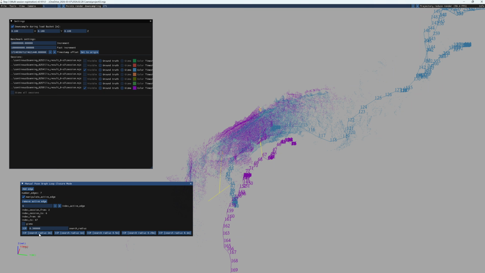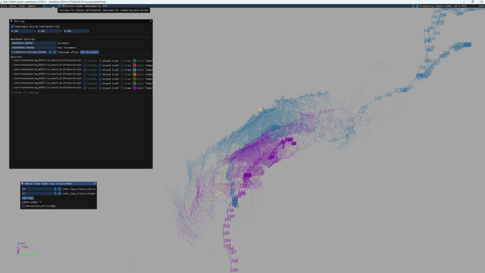So now we can use 50 centimeters, then 25 centimeters. Maybe again 50 centimeters, 25 centimeters. Okay, 10 centimeters. And you can see now that we add edge, and what we can do now, we can add 100, sorry,